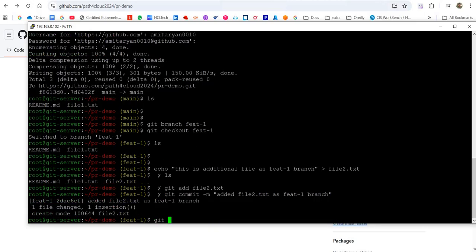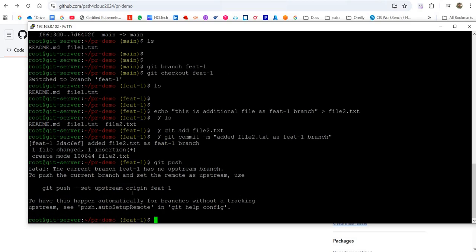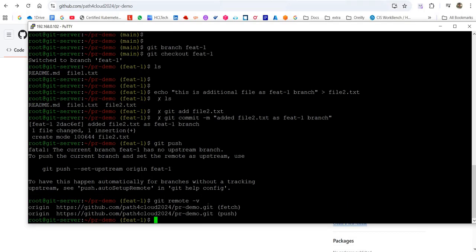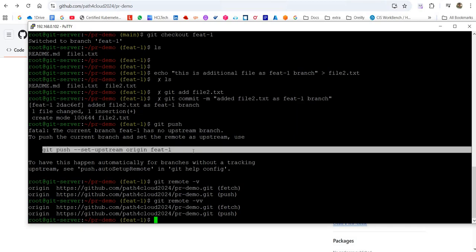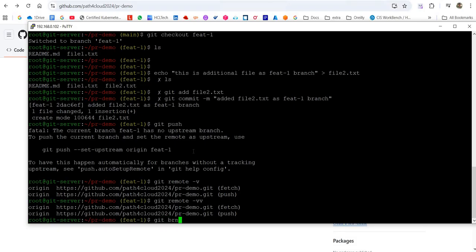and now git push. Remember, now you can ask, right? This thing we have already discussed. Why is it asking me to set upstream? What happens is when you say git remote -v, right? It knows only your main branch, right? This branch you have created, right? Like if I just say git branch